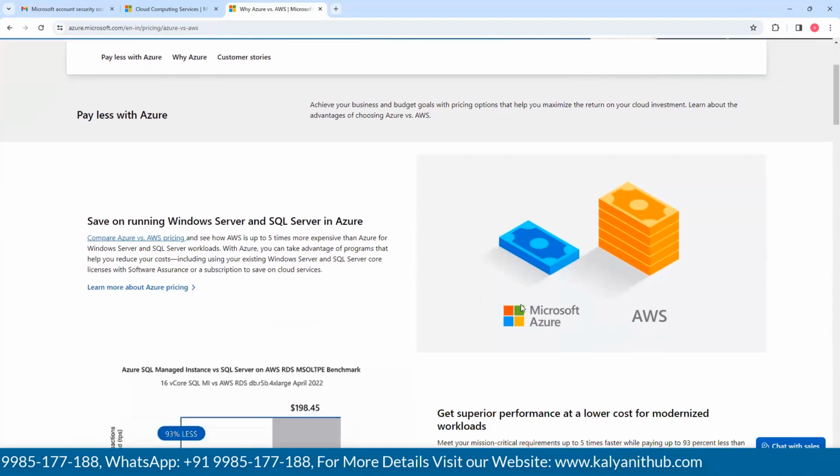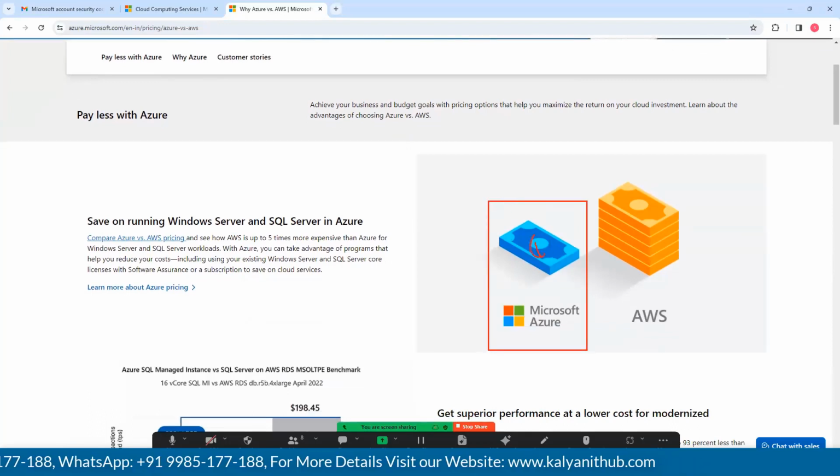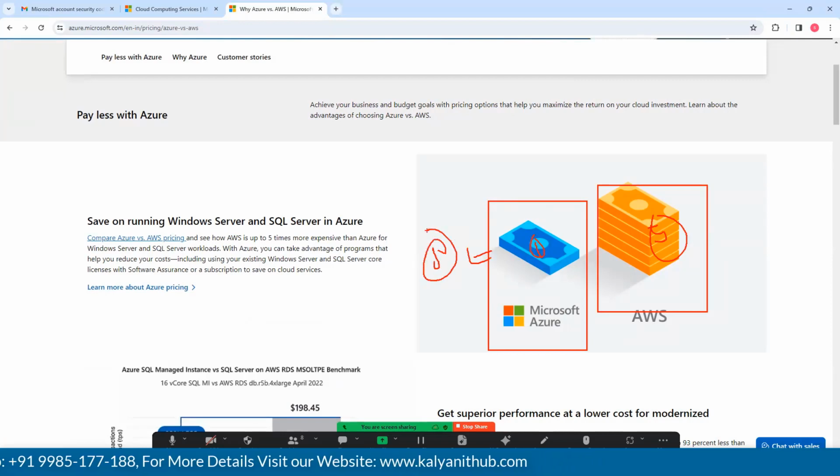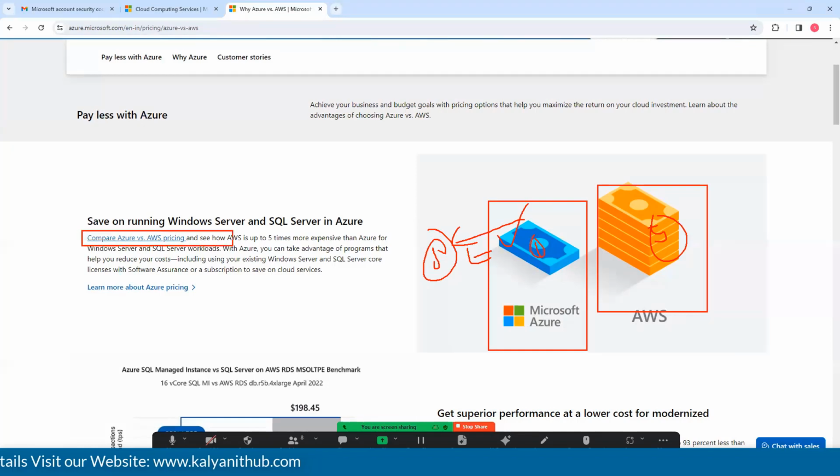See, in Azure one service costs 1 rupee, in AWS 5 rupees. Why? Because, as I said, 50% of products are related to Microsoft, so they can provide cheaper cost with better services. Why is AWS up to 5 times more expensive than Azure?